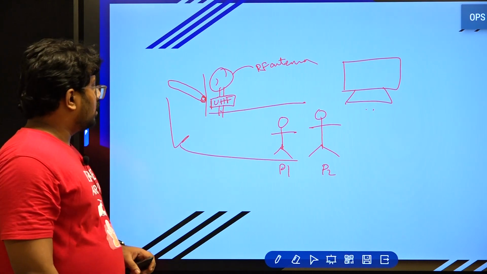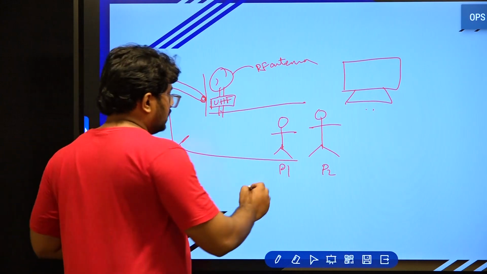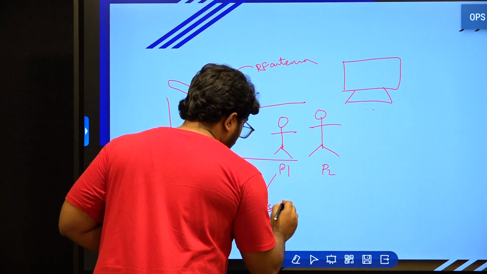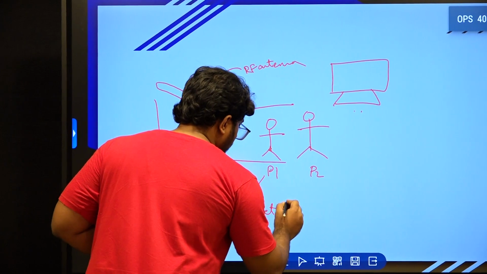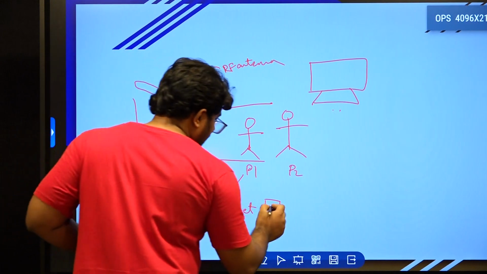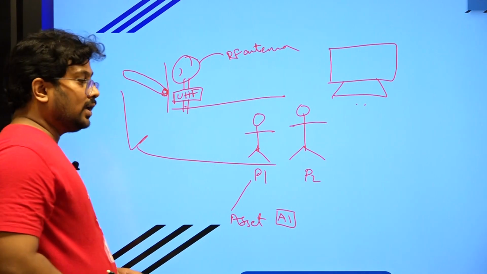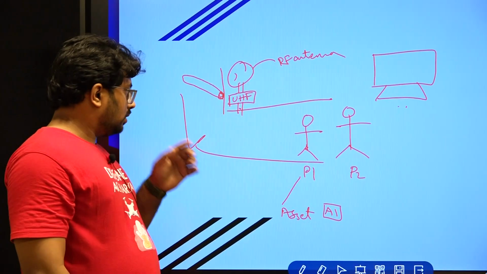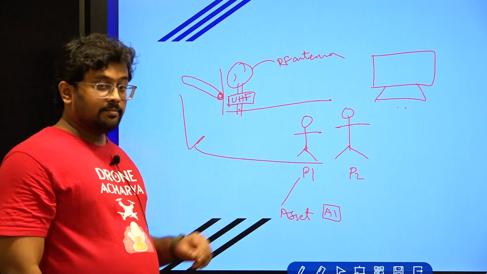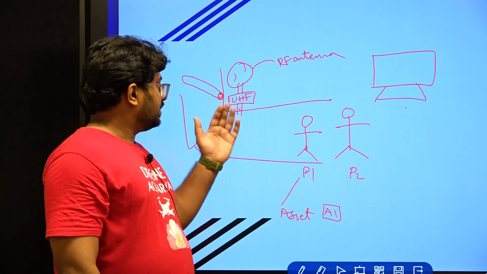person. If a person P1 is carrying some asset, let us say it is carrying an asset, imagine there is a small electronic device here which is A1. This scenario is very simple. The person P1 is carrying an asset A1 along with him, which P1 will be identified by the RFID reader